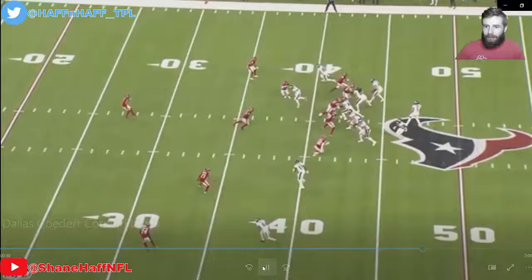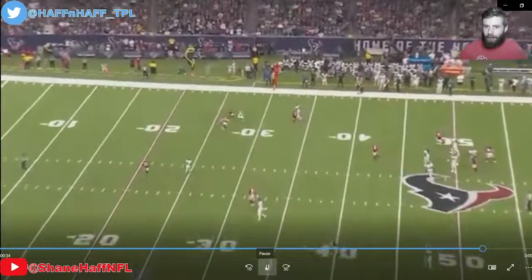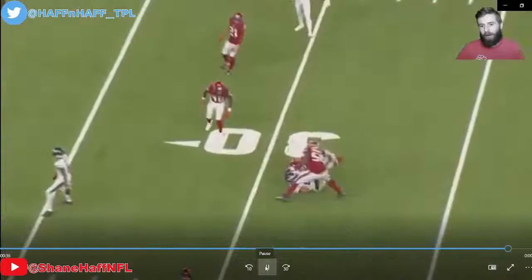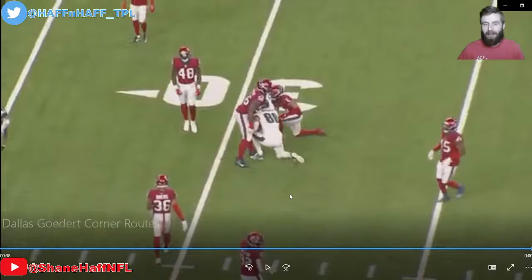And so you see the pressure comes in. Watch Hurts. He's got to fade away from that. He can't step into it, but there's so much room to throw that ball that it doesn't even matter. The Eagles love to use Dallas Goedert to challenge the sidelines on these corner routes. If you want to sit back and you want to play soft zone coverage, the Eagles are going to make you pay. If you want to man up, Dallas Goedert's still a good enough route runner to make you pay. He is a huge weapon for the Eagles and one of the best tight ends in the